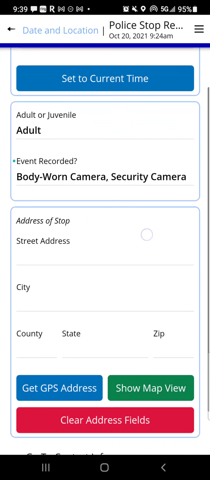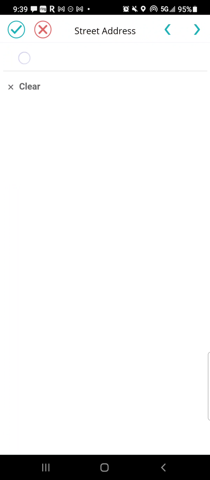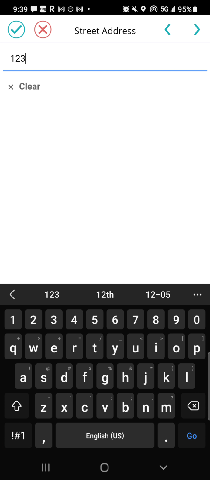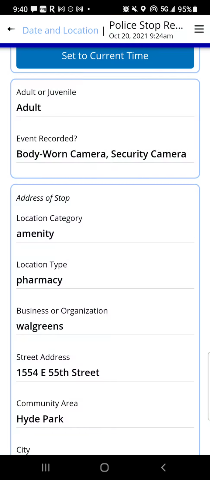Now, where it says address of stop, here's an area where you would enter the address of where the stop occurred. You could simply tap in there and use your on-screen keyboard to enter that data, right? But because we're on our mobile device, we'll take advantage of this app's capability to pull in the address from the GPS satellite. We'll tap the button labeled Get GPS Address, and within moments, the current address is loaded right